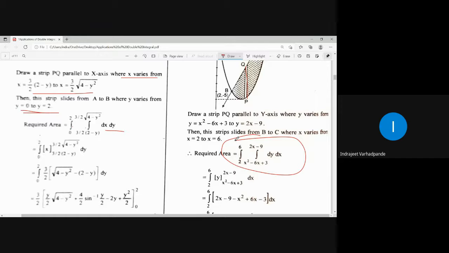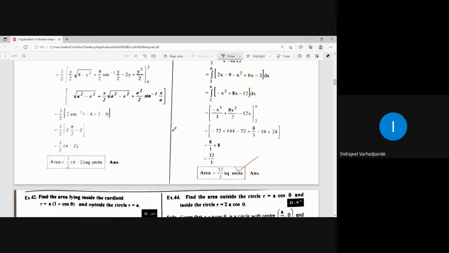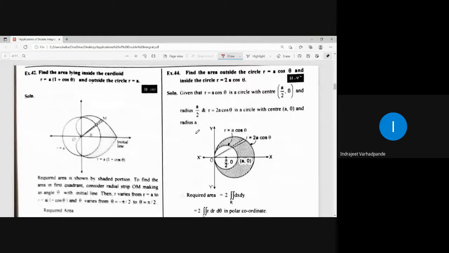Accordingly the integration will be done, and finally you get the simplification. As here we are calculating area, the unit of area is square units, right? So that is how the simplification can be done, and we get the answer. Determining the region and then finding out the limits, you are aware of. Only the formula will be double integral dx dy and double integral dy dx, nothing else is different in this. These were the examples connected to the Cartesian form.